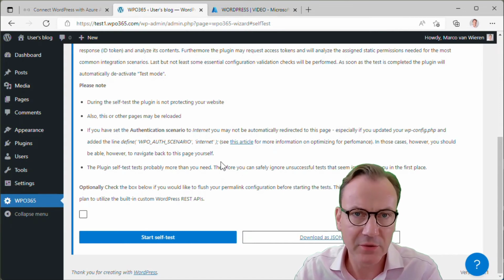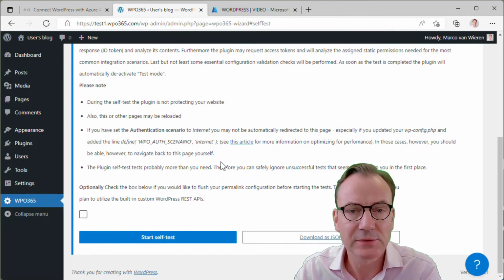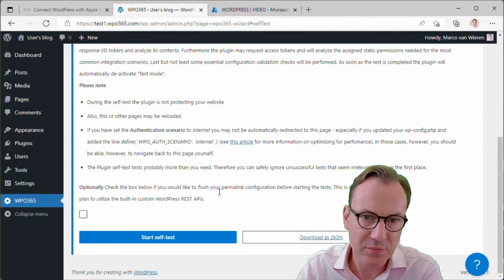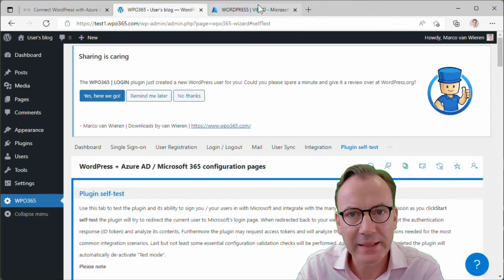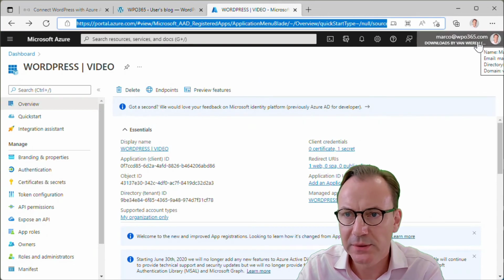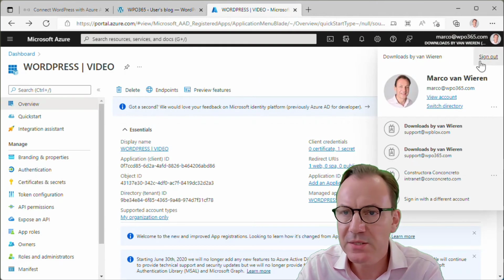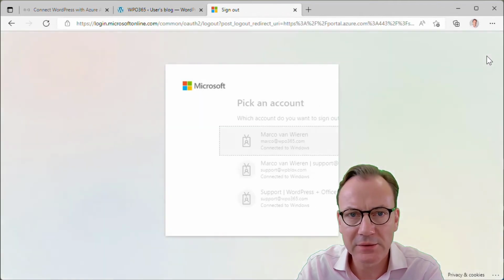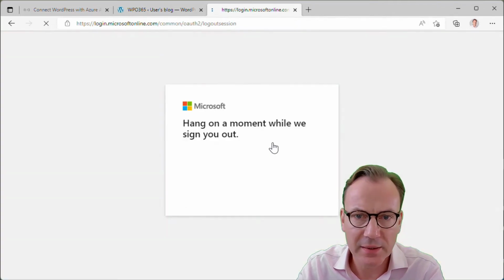test and tells us whether the plugin is configured okay and whether the most important vital functions of the integration with Azure AD are working as expected. So let's sign out of Microsoft. I can simply go back to my Azure web browser tab here, click sign out, and I sign my account out,